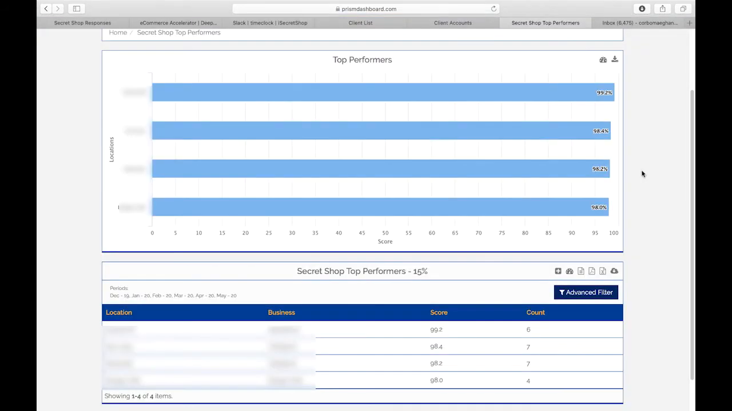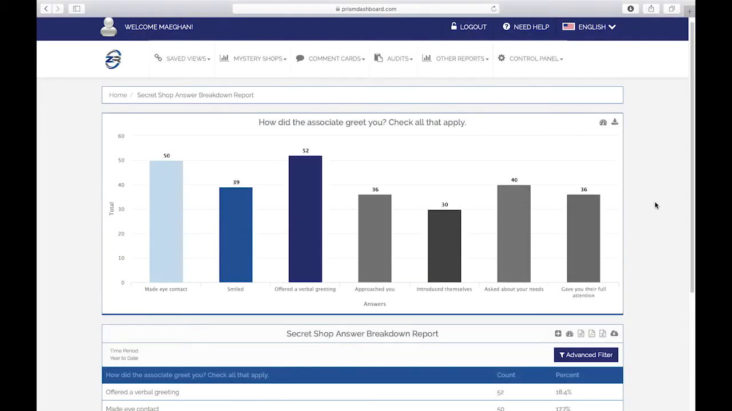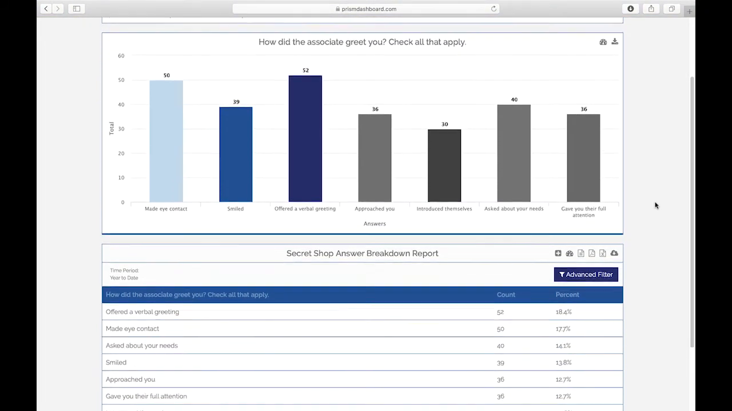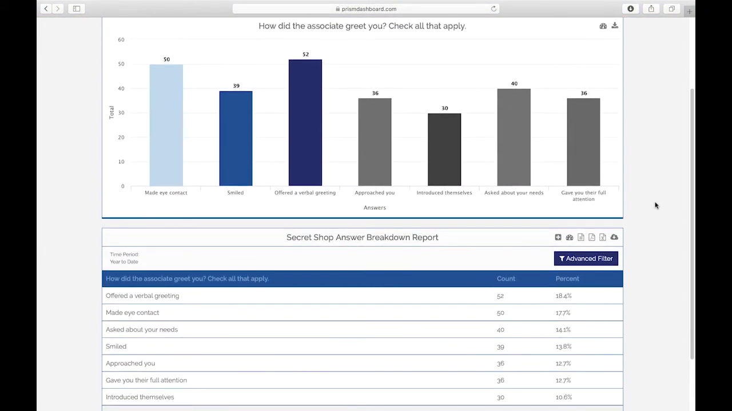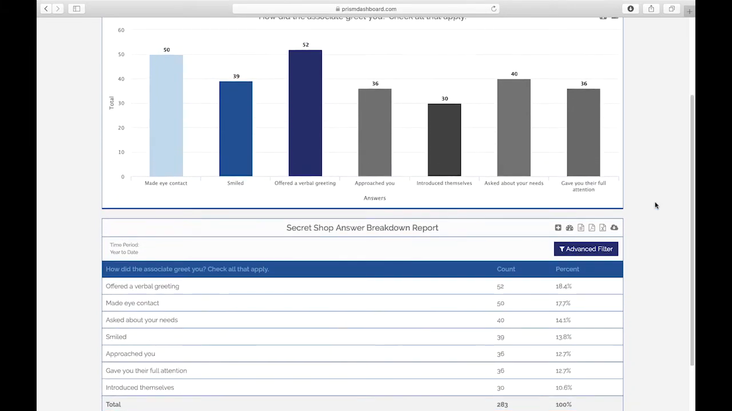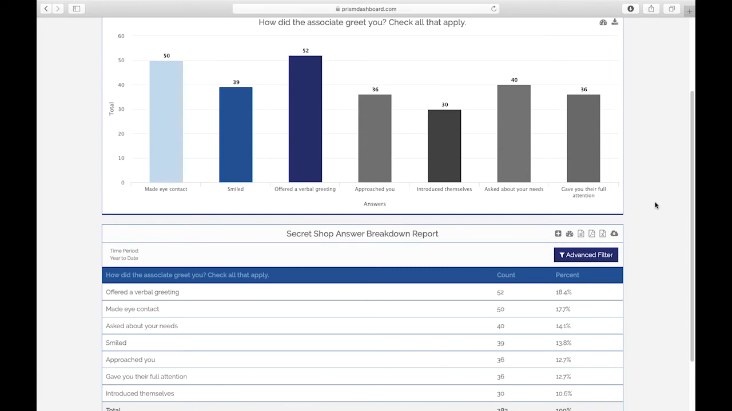The top and bottom performer reports provide the ability to quickly locate top and bottom performers. These can be identified by level or region, form, section, and so forth. The answer breakdown report provides a quantitative view of check all that apply and multiple choice questions. This example breaks down a check all that apply question, how did the associate greet you, over the year-to-date time